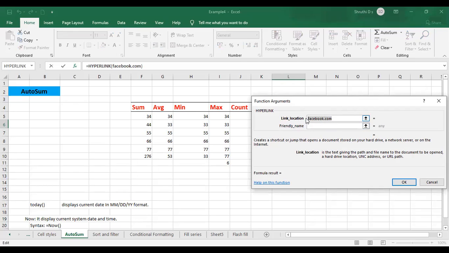So I have given that link over here, with a name. This facebook.com is just two words long, but you will often have addresses with a lot of data, so that is when you can give a friendly name. I'll give it as FB, a short form. So FB I have given, and click on OK.